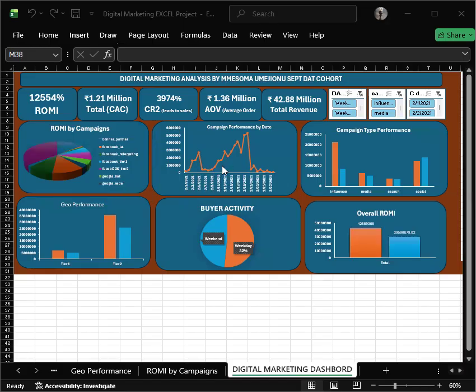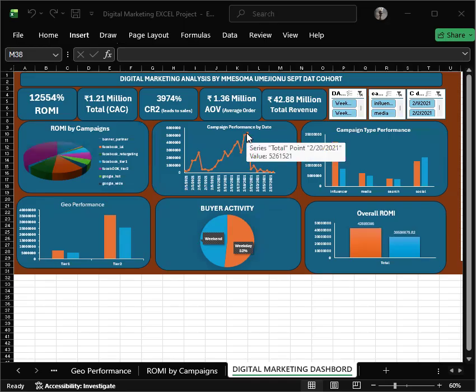Then moving on to the line chart here. The line chart shows campaign performance over time, and here we are comparing the performance of the campaign. This campaign was run in February 2021, and we can see here the different dates for campaign performance so far, and we observe strong fluctuations in the revenue within this campaign,